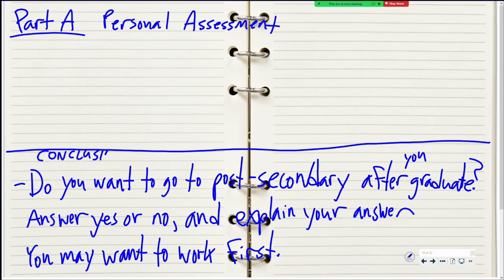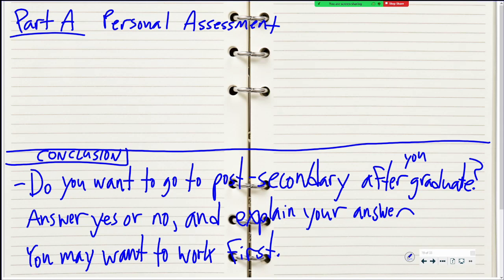That's going to be the conclusion of your paragraph, right? Of your personal assessment, which is going to be three quarters of a page of writing. So it's going to be two or three paragraphs. So that's going to be your conclusion. But the first part of it is,